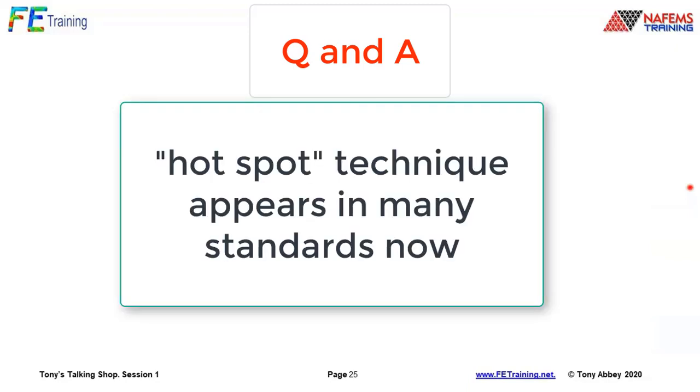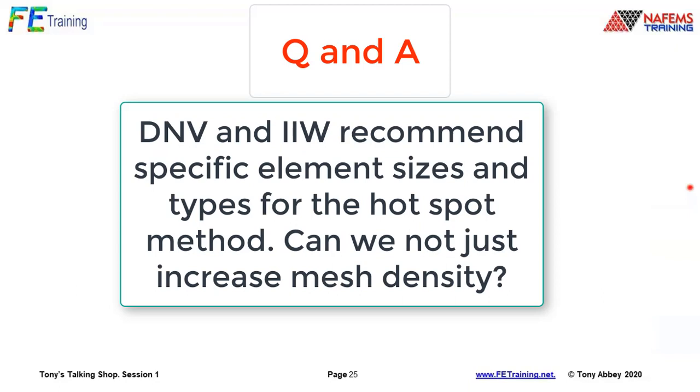There's an interesting question from Niels. So DNV, etc., recommends particular element sizes and types for evaluating hotspot stresses in offshore structures. Rather than applying this approach, one might just as well increase the mesh density for a converged stress calculation. That's a very interesting point, Niels. I've always felt that those particular sizes and pickup points are more harking back to the days when we could only put a couple of elements through thickness, and therefore the positioning of those elements was